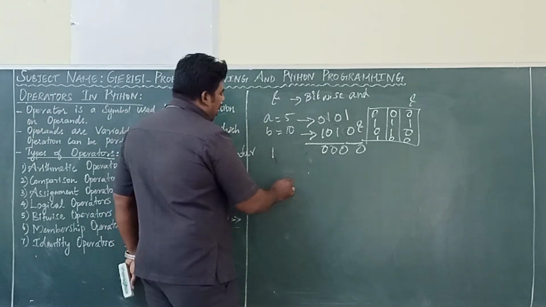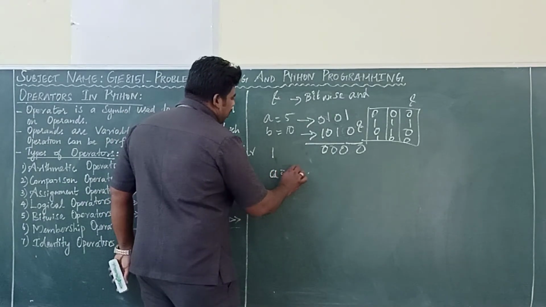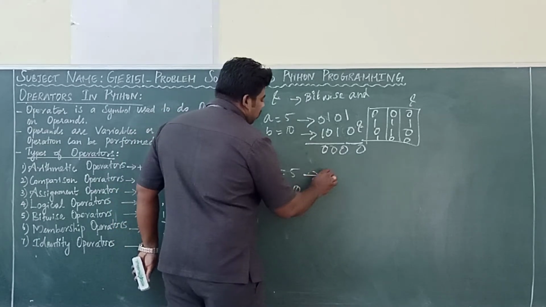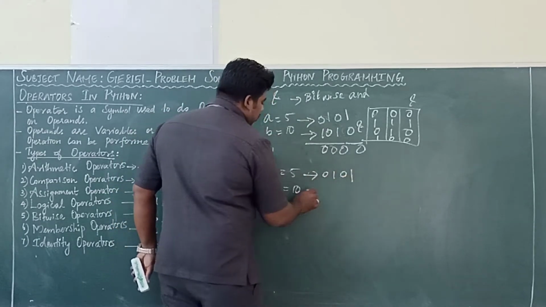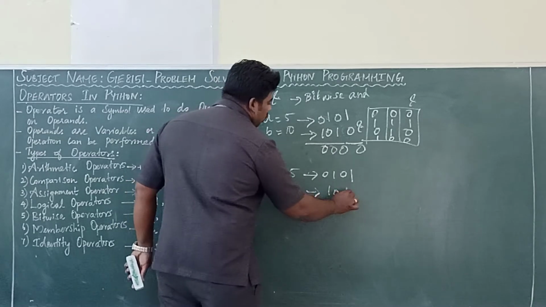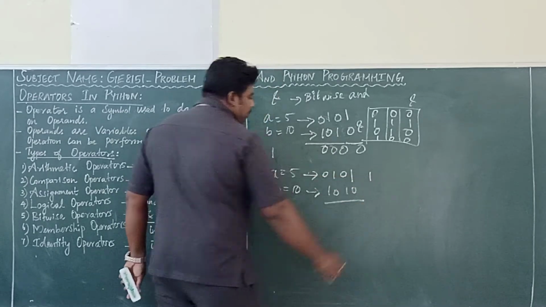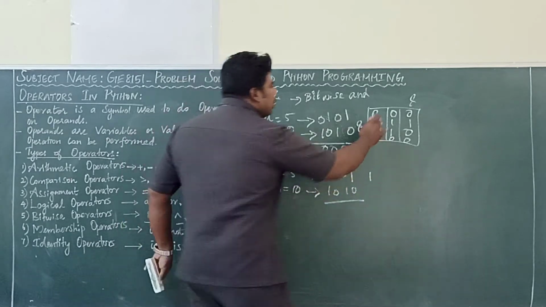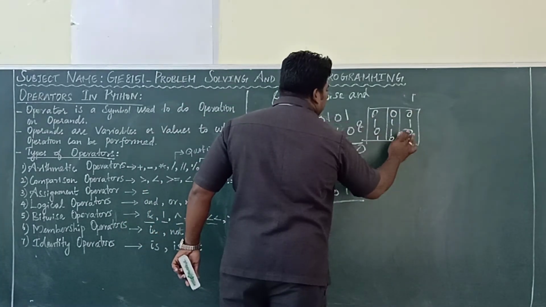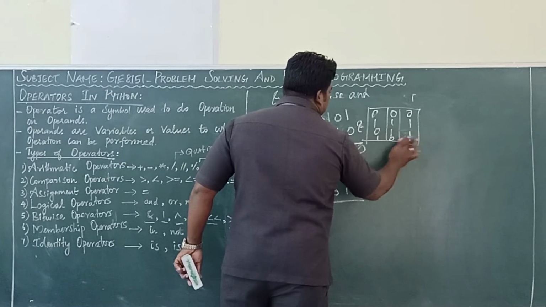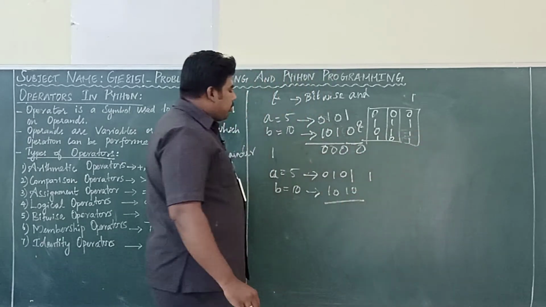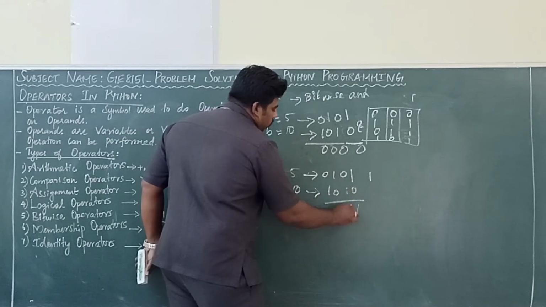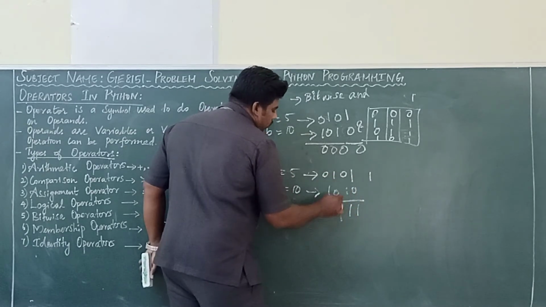Next we can see about OR. The same example I am performing, A equal to 5 and B equal to 10. Here 0, 1, 0, 1. Here 1, 0, 1, 0. The same, OR. Okay. So as per your OR, what's the truth table for OR? This is the truth table for OR, right? Like addition, 1, 0 plus 1, 1, 1.